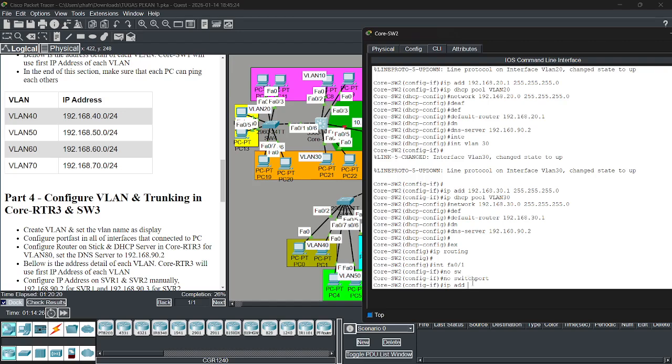Okay, just like that. If it's the MPLS, we should type no switchport first, and then type the IP address, 255.255.255.252. Okay.